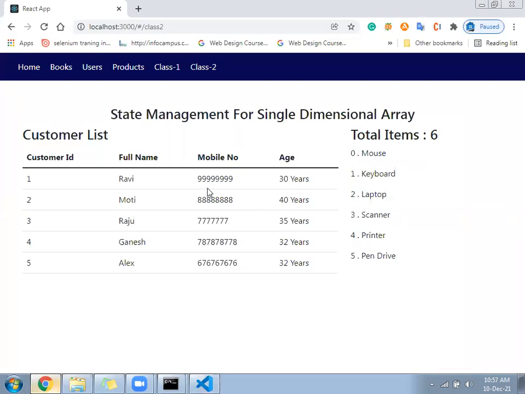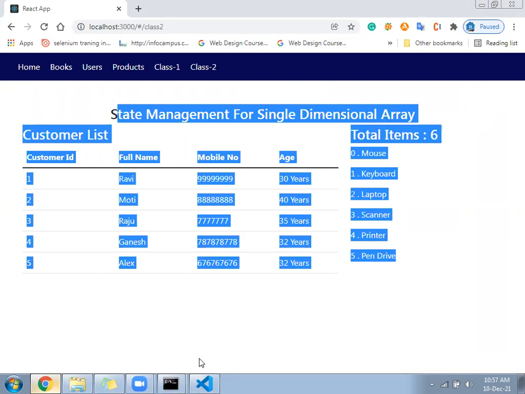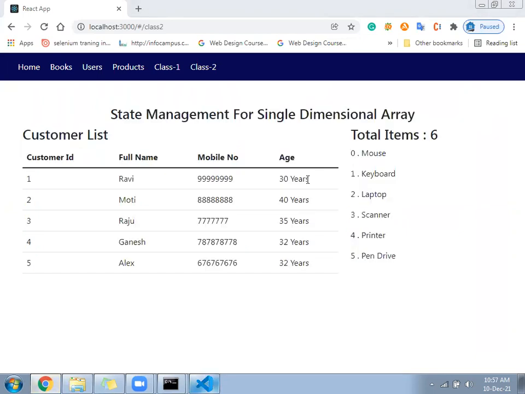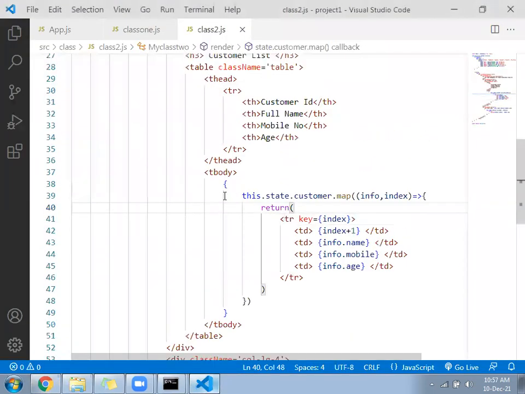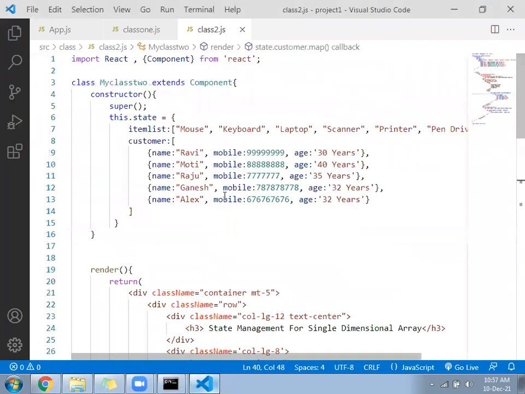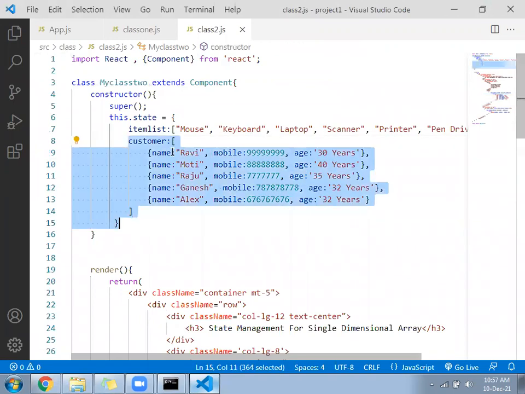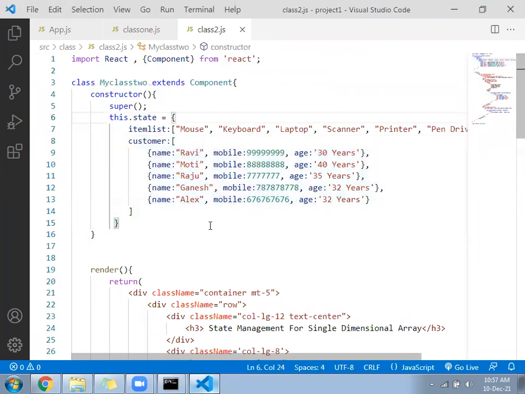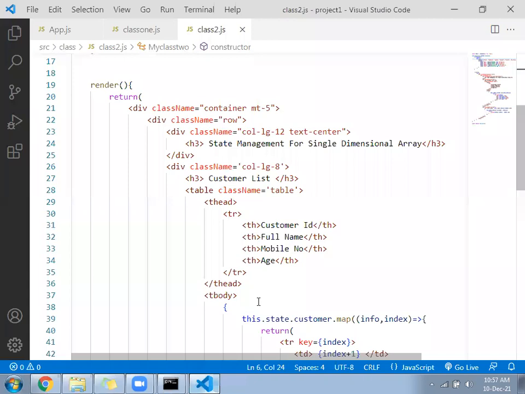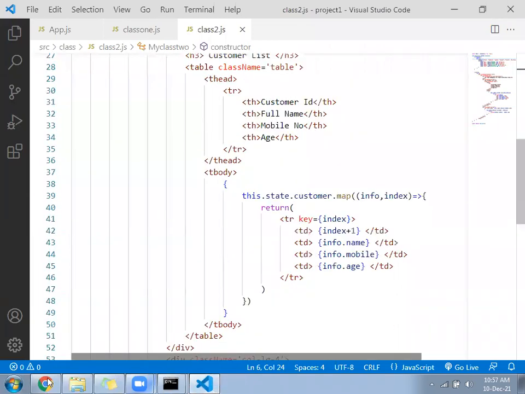So this data is coming from the state and printing inside the page. You saw here how to create the variable under the state. It can be an individual variable, an array, or a multi-dimensional array. Does anyone have an error or no error?